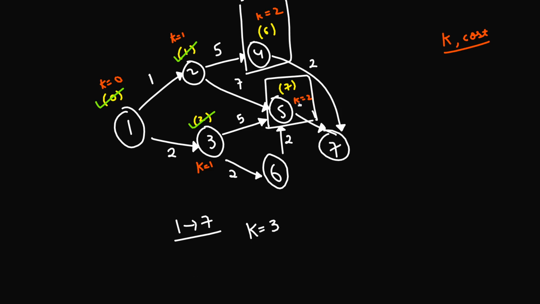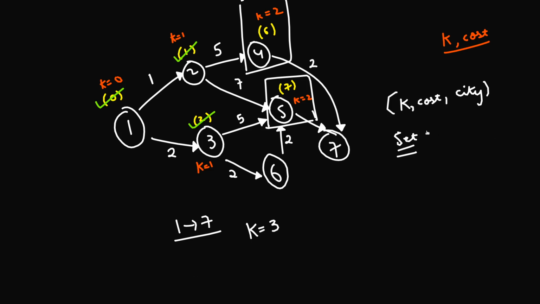We have the value of k and we have the cost, and corresponding to this value of k and the cost, we have the city as well. So that's a pair of k, cost, city, right? And what we'll be doing is storing all these k, cost, city pairs in a set. The reason for storing them in a set is, since set in C++ is an ordered set, we'll be able to order all these k, cost, city pairs, first based on the value of k, next based on the cost. And this is exactly what we want.